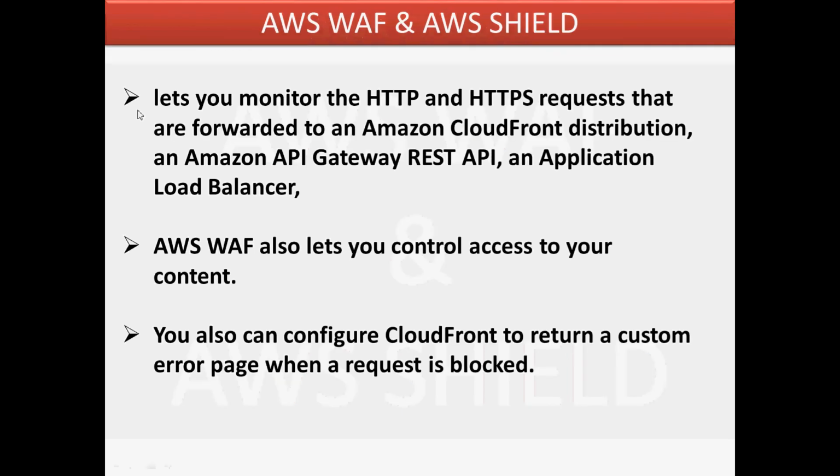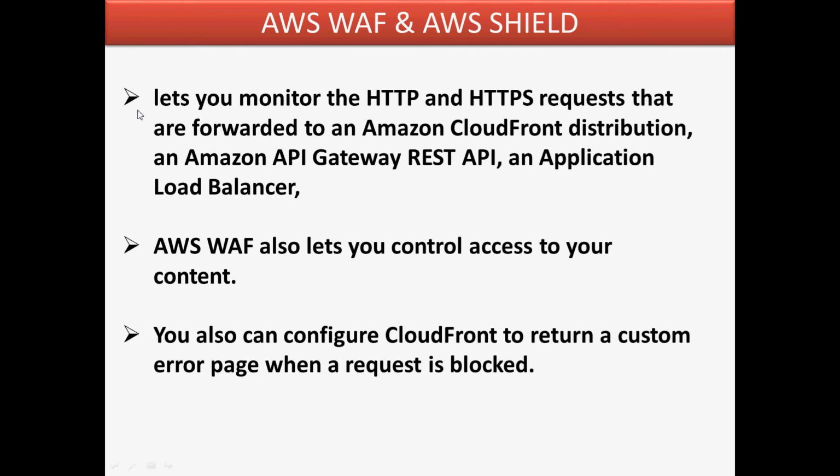So AWS WAF, that is Web Application Firewall, is very important. It is used to monitor HTTP and HTTPS requests that are forwarded to an Amazon cloud. Where can we use this web application firewall? You can use it on CloudFront, where the user directly interacts. You can implement this on an Application Load Balancer. So wherever the user is going to directly interact, wherever a user can harm your application, in all those places